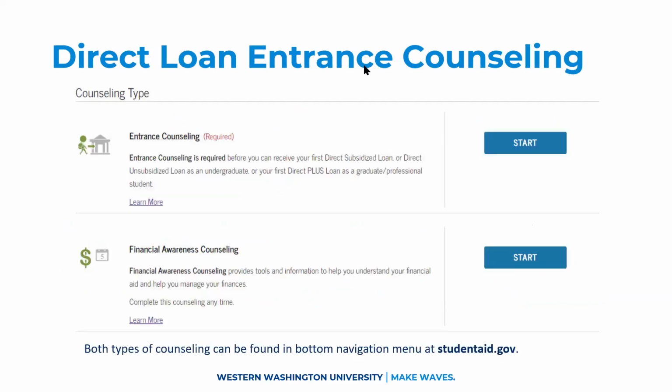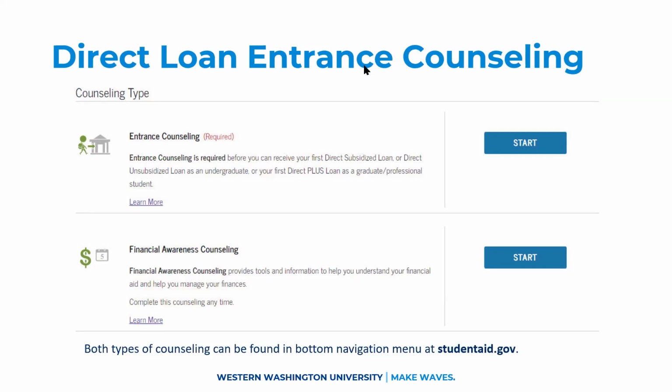There we go. All right, so a couple things on this slide that I want to mention. For any students out there who are planning on borrowing some or all of an unsubsidized or subsidized loan that you were offered, there are a couple of requirements that you'll need to complete before the loan can disperse. So if you're wanting to borrow for fall quarter, before the start of fall quarter, one of them linked